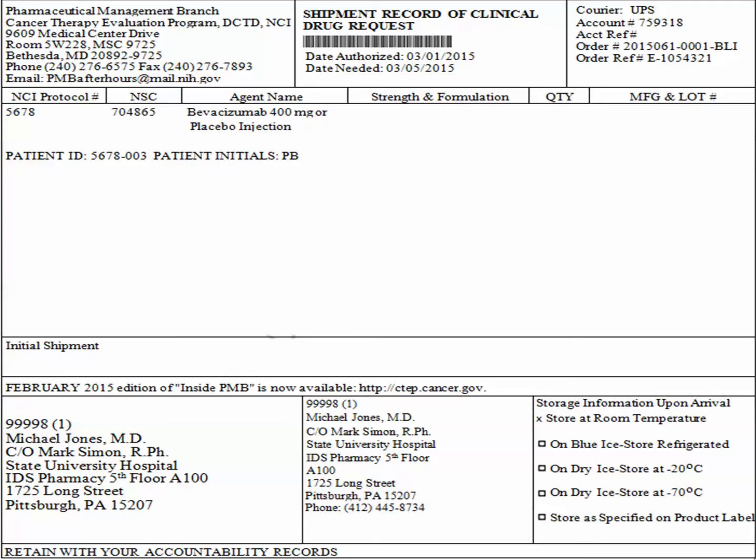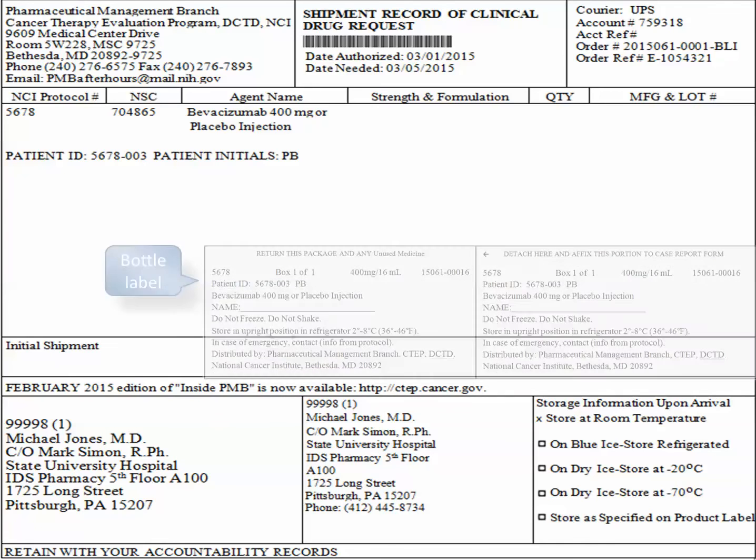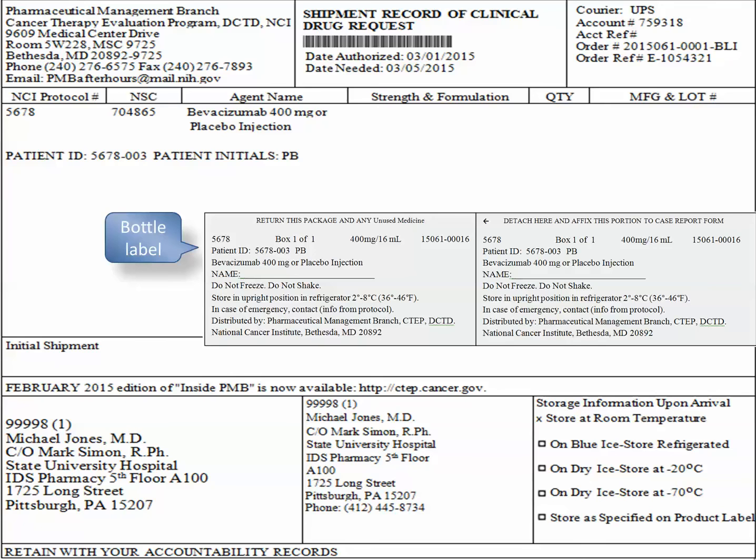When you receive the patient-specific supply for your patient, record the receipt on the DARF that you created earlier. Verify that the patient ID on the bottle labels matches the patient ID from the shipping receipt. Notice that the supplies that were received match the patient ID from the shipping receipt. However, there's no lot number on the bottle or shipping receipt. So what lot identifier should you record on the DARF?